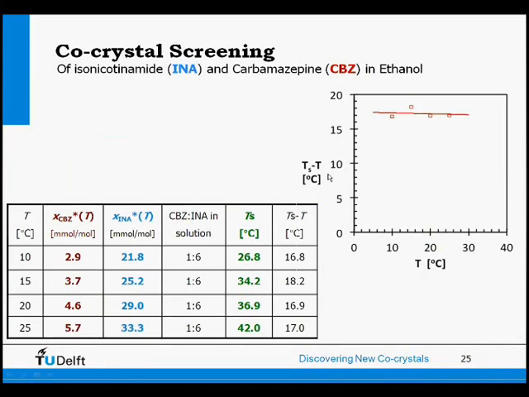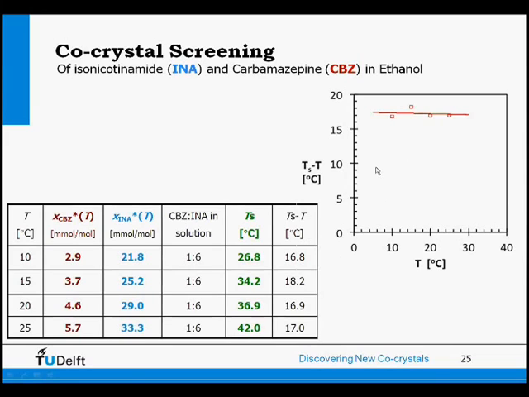And we can also do that at different reference temperatures. So here you have the reference temperature. The lowest line is the line we talked about in the previous slide. But we also measured at different reference temperatures. We measured the saturation temperature. That's the green numbers. And they are all higher than the reference temperature. So we can actually nicely plot the difference between saturation temperature and temperature against the reference temperature.